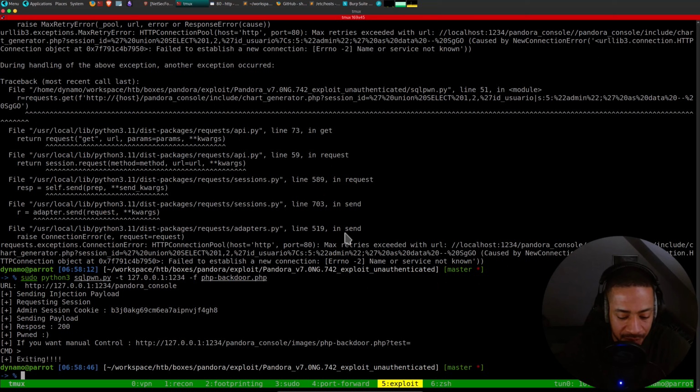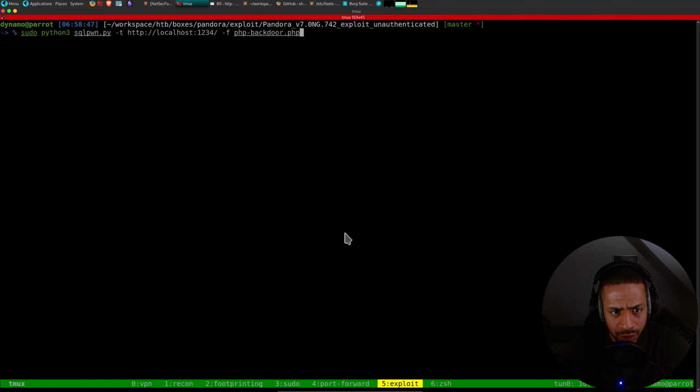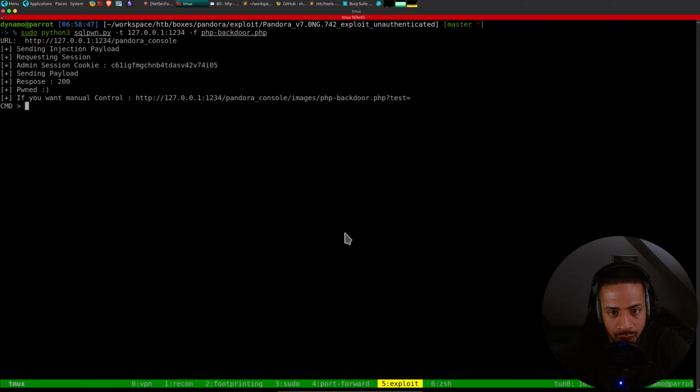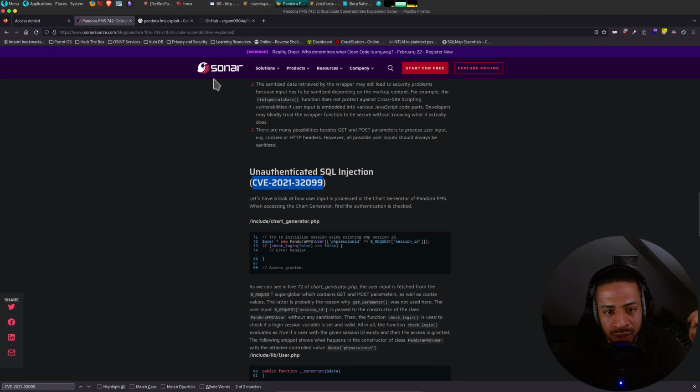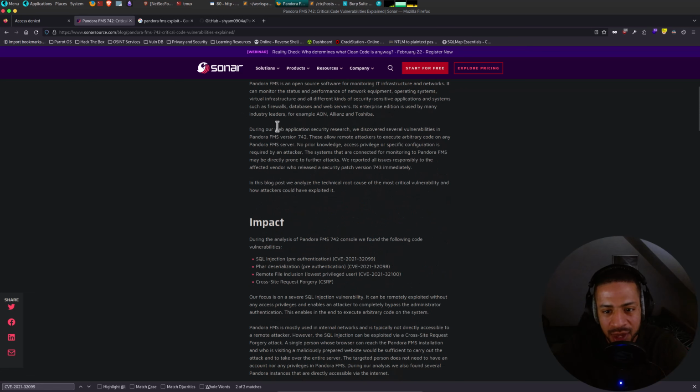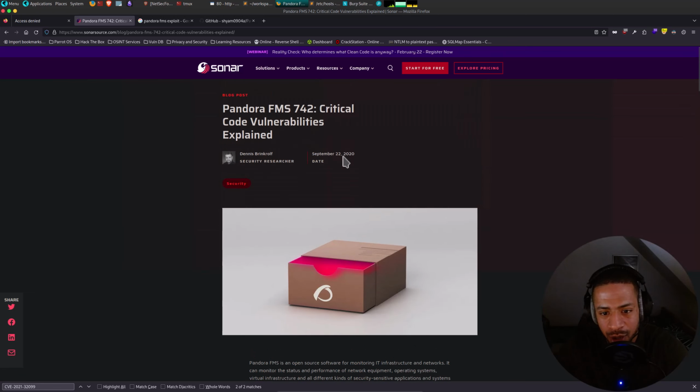Let's see if the other backdoor would have worked. Yes, that would have worked as well. Okay, great. Yeah, so the exploit one was just nicer. And the reason why I figured that there would be a public exploit is because when I went onto Google and researched this, this is probably something old.